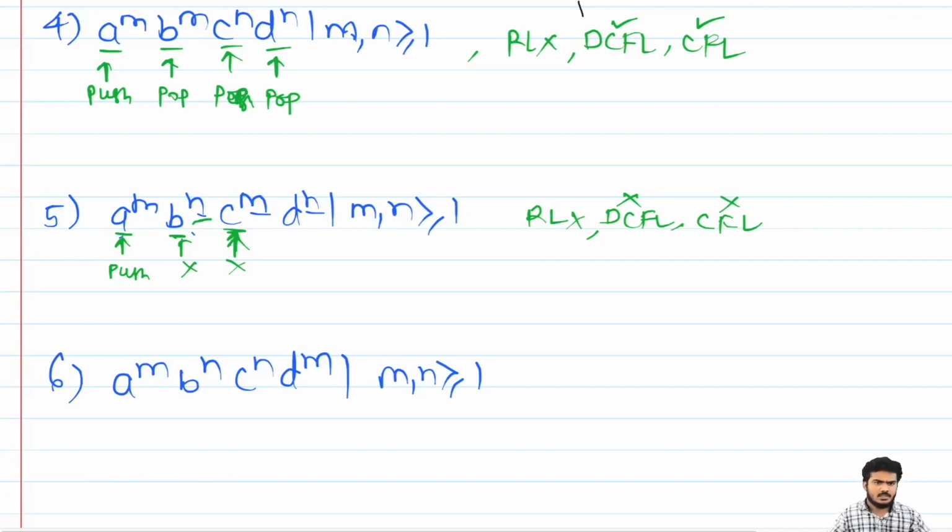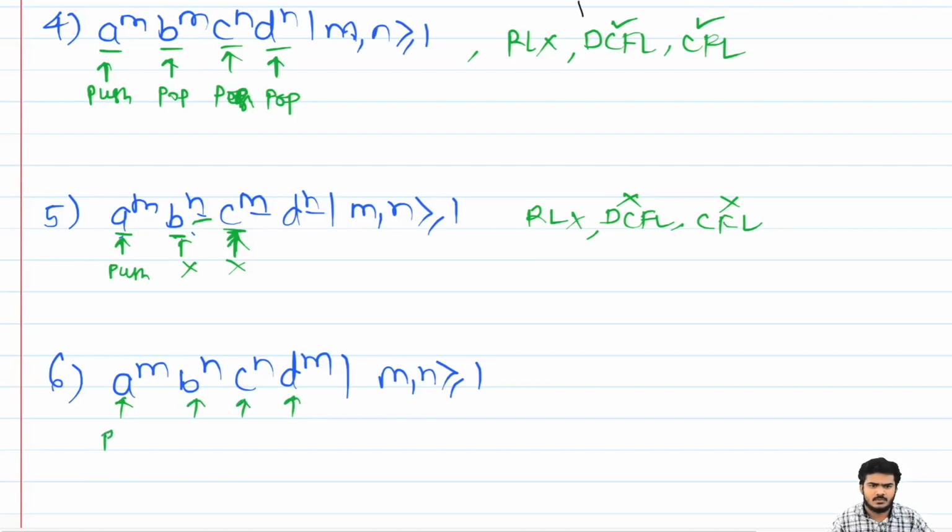Okay, then next is a raised to power m, b raised to power n, c raised to power n, d raised to power m. So we can say that this a we can compare with this d, and these b's will be compared with this